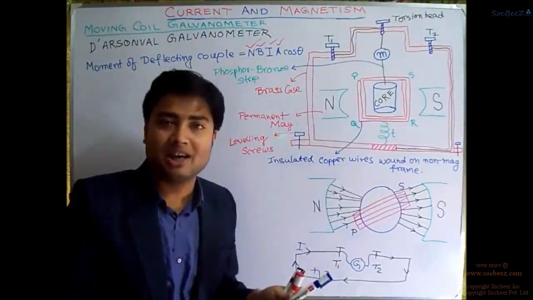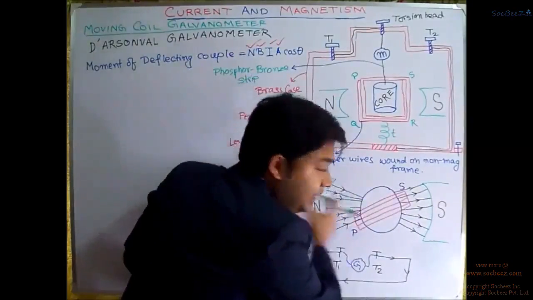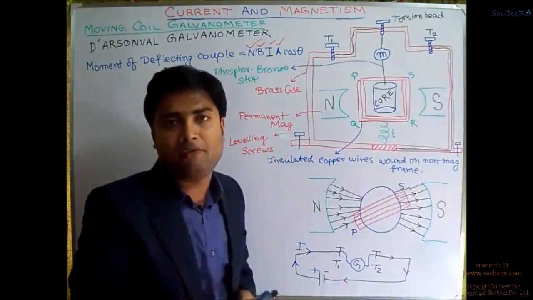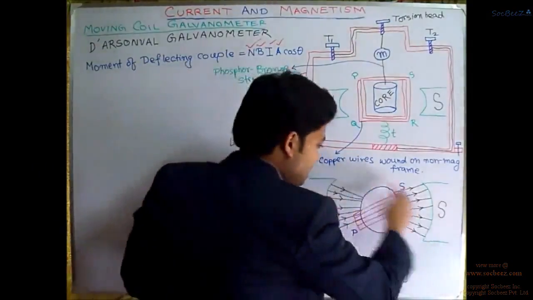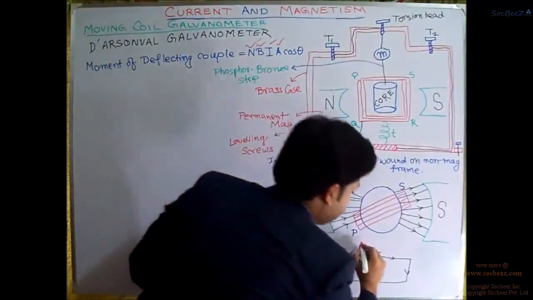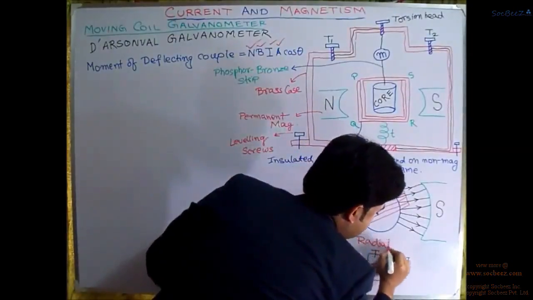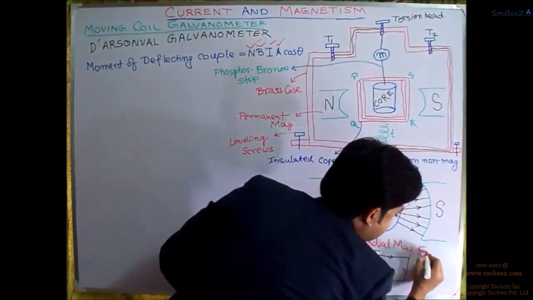And if this is the circle, this will always be the magnetic field, a radial magnetic field, right? So we can describe this magnetic field as a radial magnetic field,